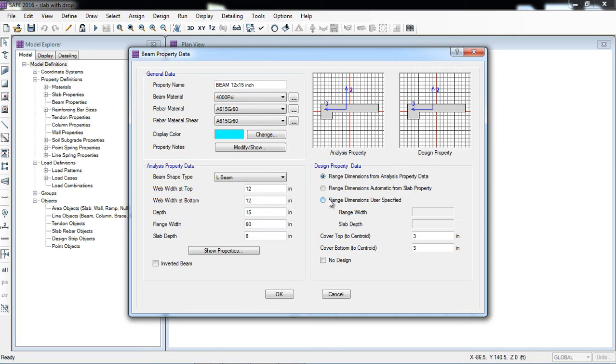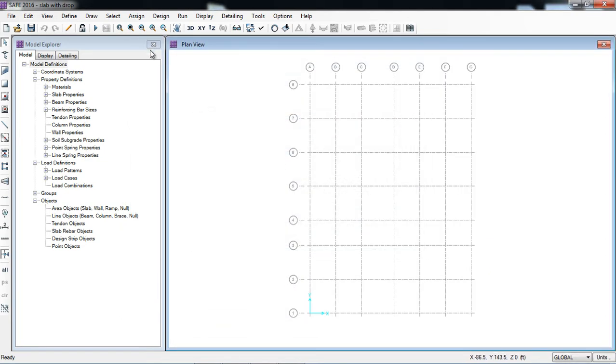And third is user defined. You can put the flange different values here, but I will prefer to take the values which I have put in the flange width analysis property data. Here is a cover from the center of the bar to the outside, so here 3-inch. Okay, now I will define